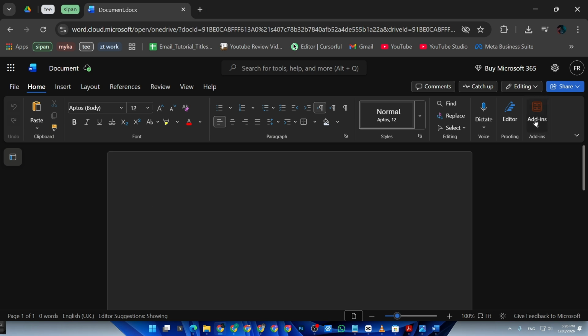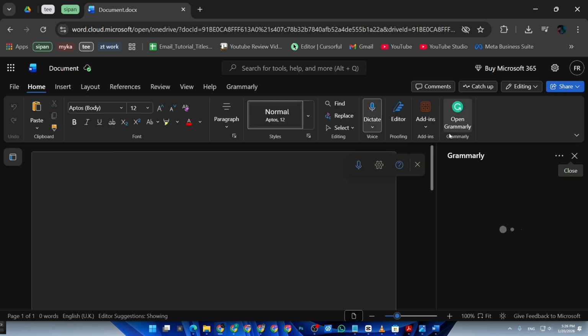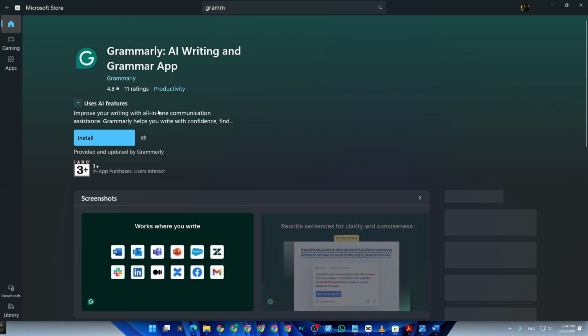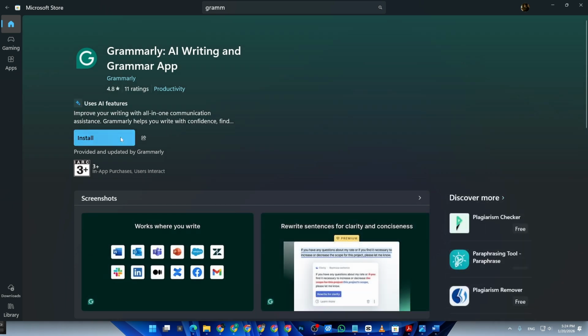If the icon is still missing, open the Grammarly app from your desktop or the Start menu. Once Grammarly is open, it should automatically connect with Word and show the Grammarly sidebar inside your document. This sidebar works the same way as the icon and gives you access to all Grammarly tools for proofreading and